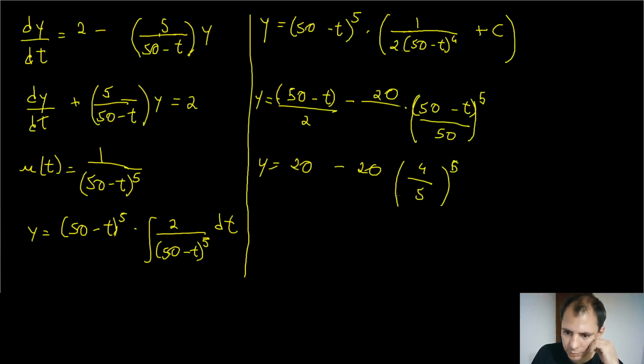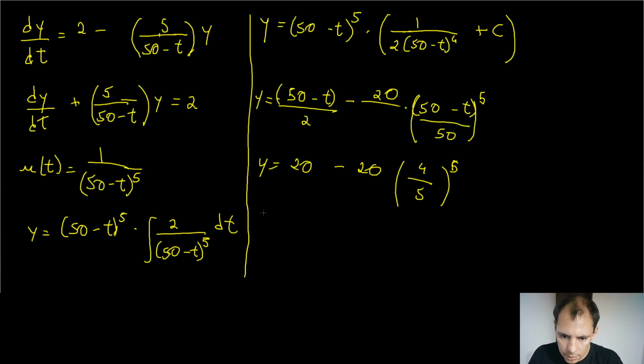To the fifth. Okay, now let's see. This is going to be big. This is going to be equal to 0.8 to the fifth. Okay, let me see here if I can have some calculator. Well, this thing,